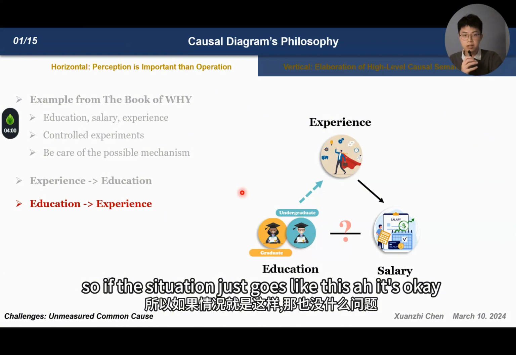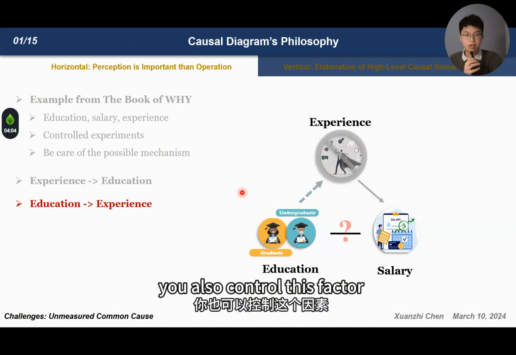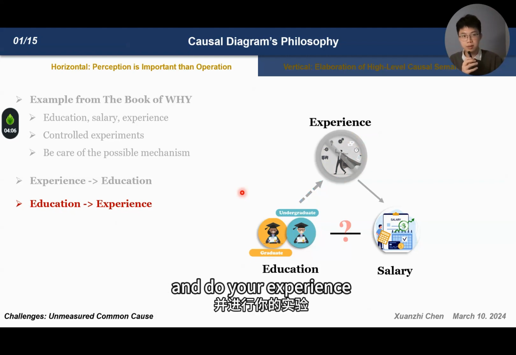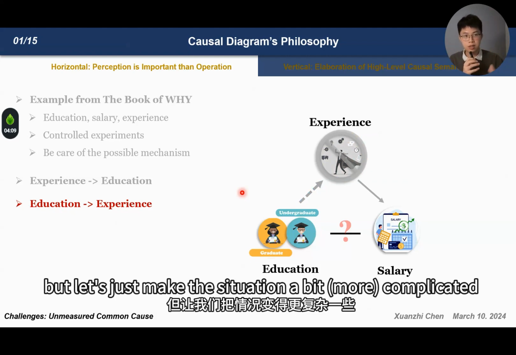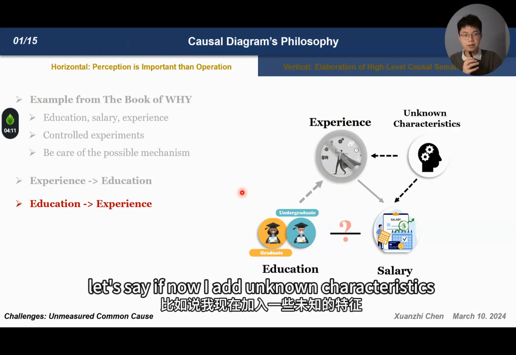If the situation just goes like this, it's okay. You also control this factor and do your experiment. But let's make the situation a bit more complicated. Let's say now I add an unknown characteristic to our graph,